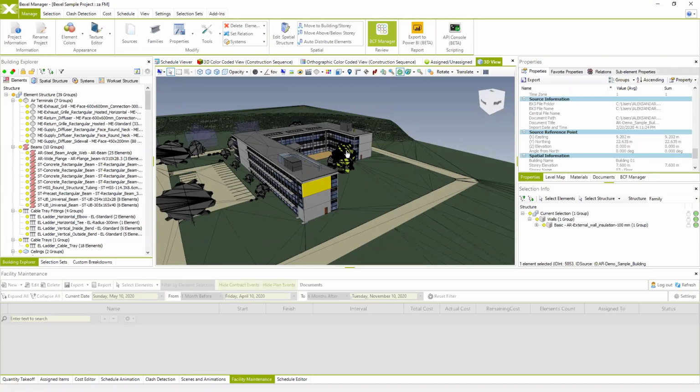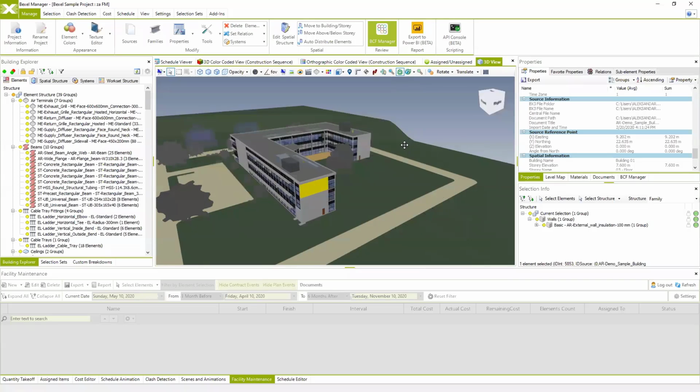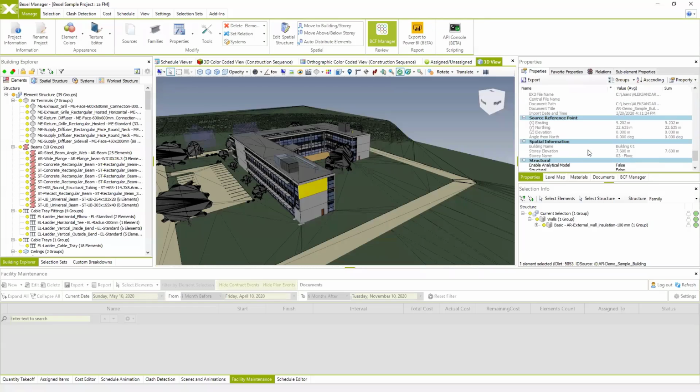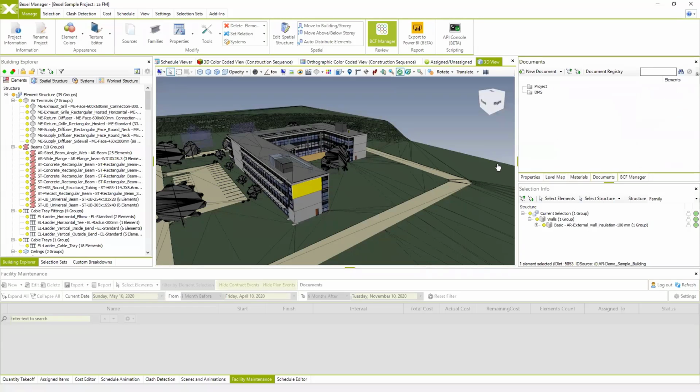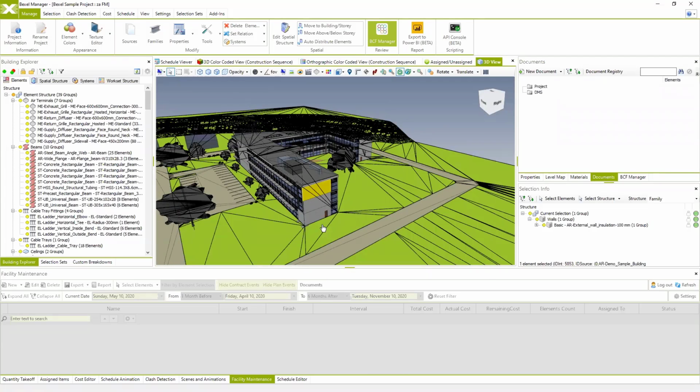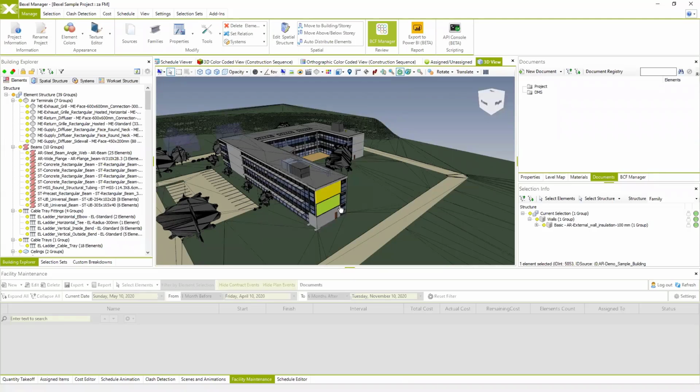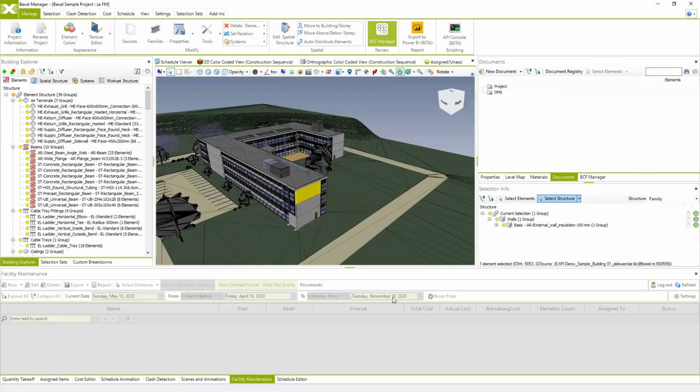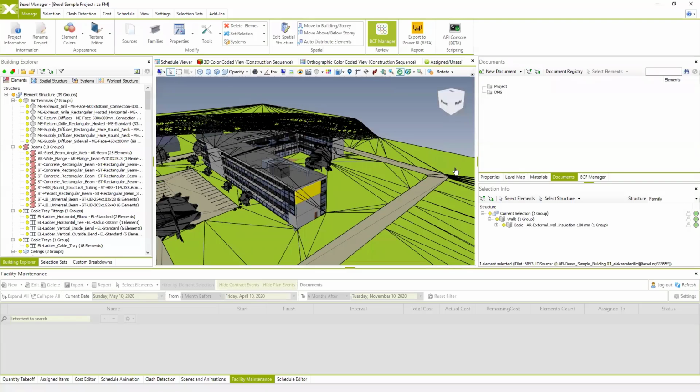An additional level of enriching your BIM model, making it even more, let's say, ready and of additional quality, is by linking documents to it. So BEXEL Manager allows you not just to add specific properties, it also allows you to add specific documents and attach the documents not just to the project, but also to your BIM model elements. So these are the ways you can do it. Using the Documents option, and this is something that all of you can use, even without using the facility maintenance module, which I'm currently having here, and I still haven't accessed that facility maintenance part yet because you need to be logged in. So I'm currently just presenting the common features of BEXEL Manager, which can be used to enrich your